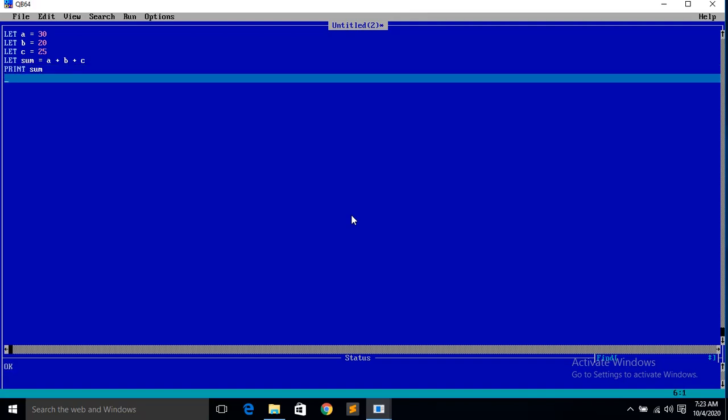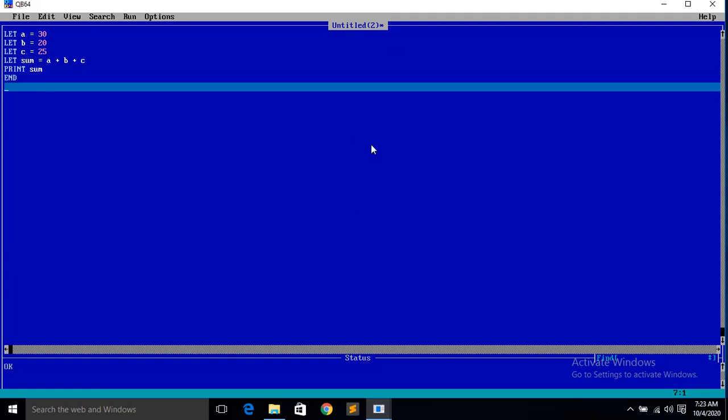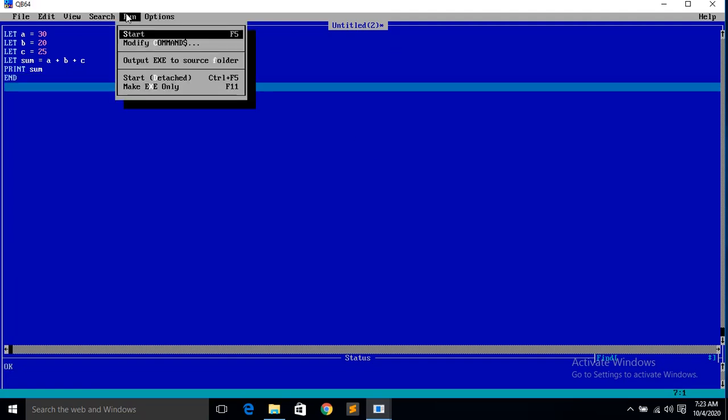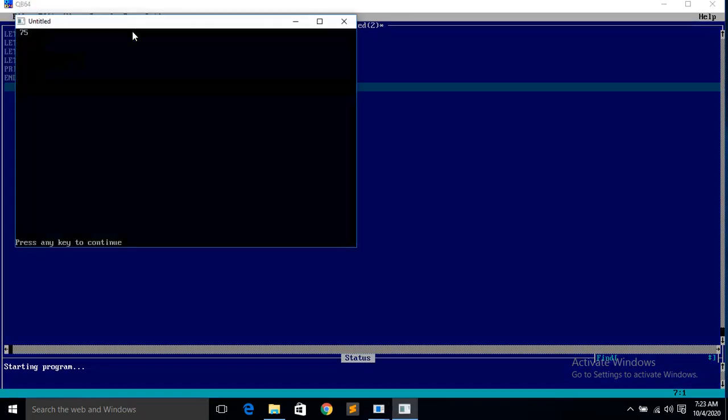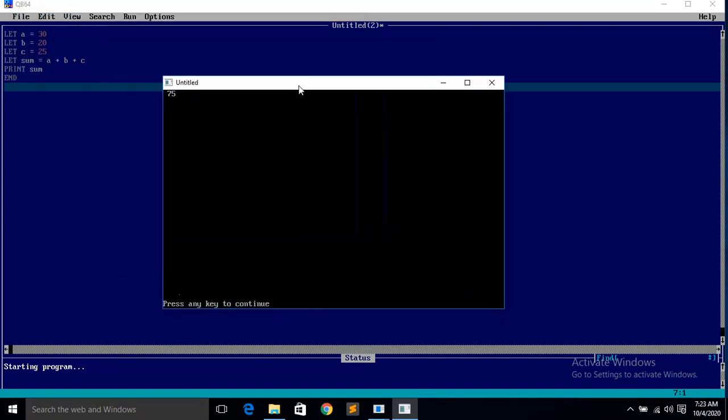Now let us see, enter, run. Now can you see the answer? 30 plus 20 is 50, 50 plus 25 is 75.